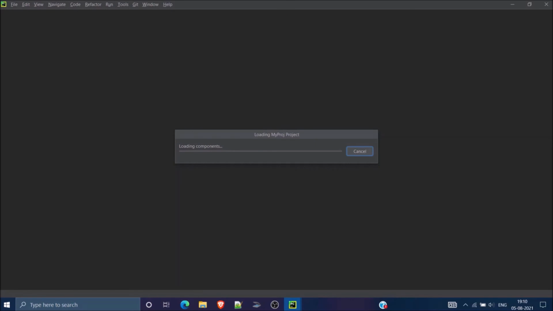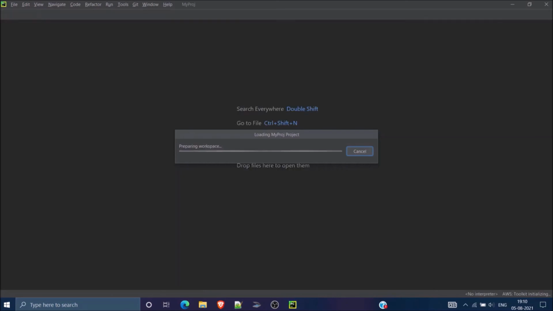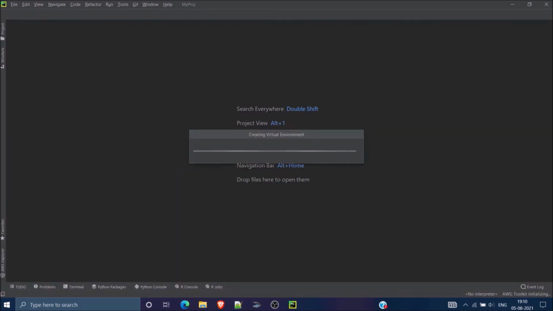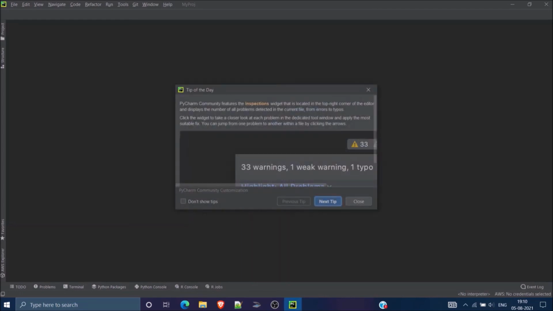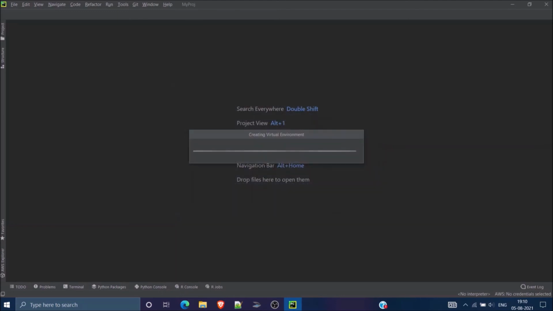It will also ask you for a UI theme in some cases, for which you will be asked to choose either the dark theme or a white theme. Preferably coders use the dark theme, but to show our code it is easier on the white theme, so I guess I will switch to the white theme. Every time you open PyCharm you will get a tip. We don't need it. Now it will create a virtual environment,